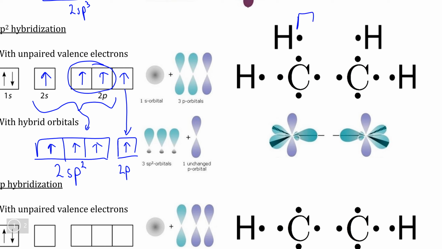If we draw hydrogen's unpaired electrons in their 1s subshells, and then consider carbon's hybrid orbitals in the 2sp2 subshell here, sigma bonding works exactly the same way, where we take 1 electron from hydrogen from its 1s subshell and pair them with each of the unpaired electrons in carbon's 2sp2 hybrid subshell, and the result is the formation of a sigma bond,